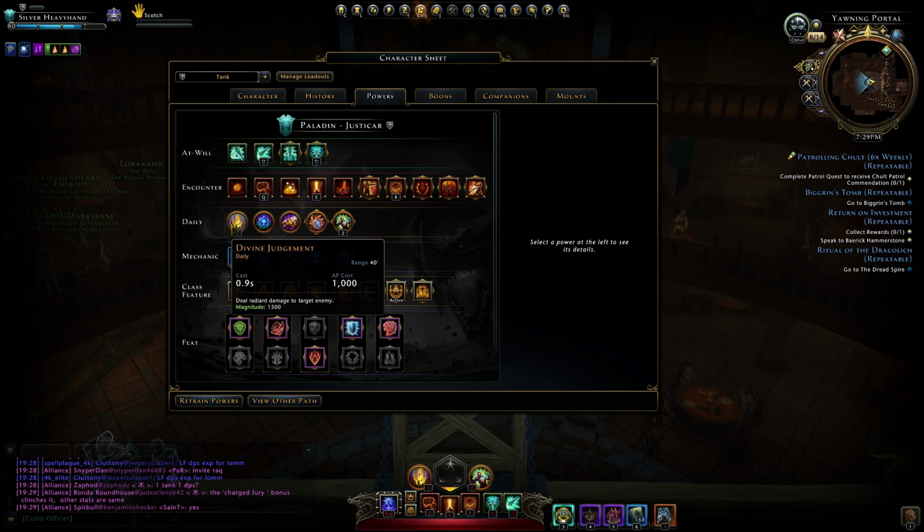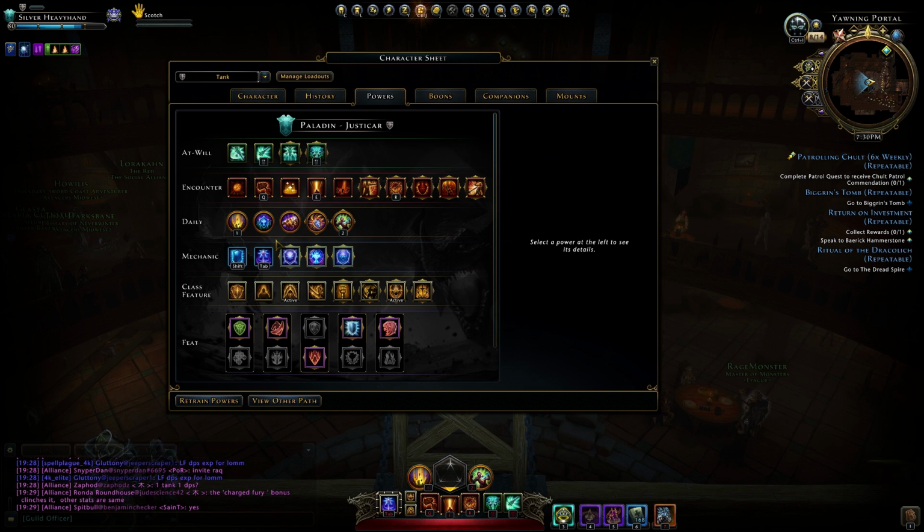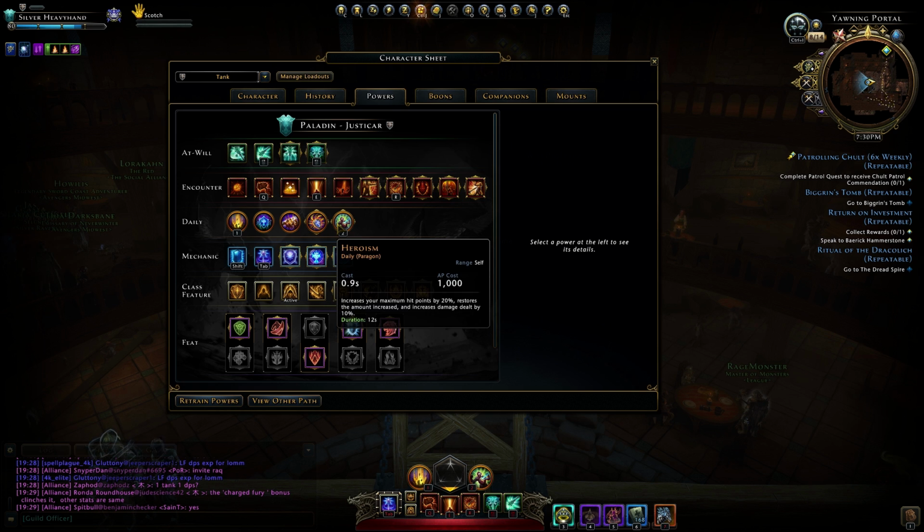As far as dailies go, I definitely keep Divine Judgment as my primary damage-dealing daily. However, it's important to note that it's not an AoE anymore, it's just a single target, so don't be upset, or at least don't be surprised whenever you see that it's not doing massive AoE splash damage anymore, which is kind of sad, honestly. I wish they would add that back. It was nice. That's pretty much the only daily I use whenever I'm tanking,